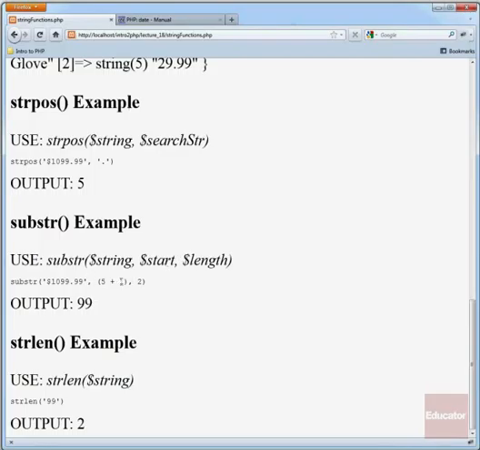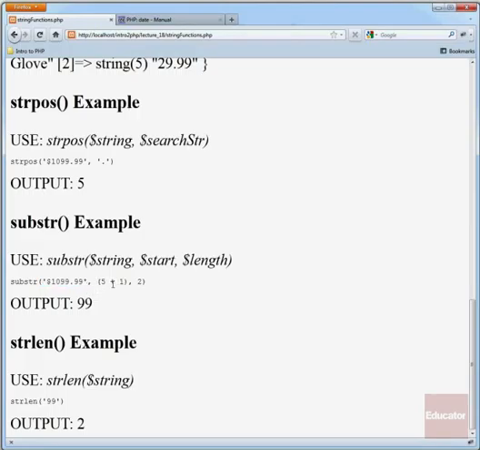Well, we can use the substring function, and that takes as its argument a string, and then it takes 2 integers, one being what position in the string you would like to start extracting a substring from, and from that position it uses the third parameter, length, to decide how many characters from that position you gave it you would like to extract. So in our case, we pass it the same string, which is